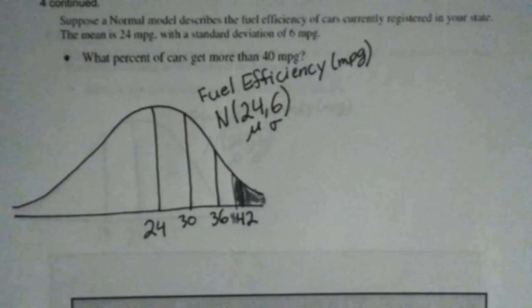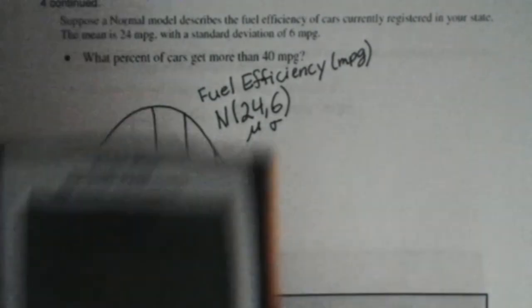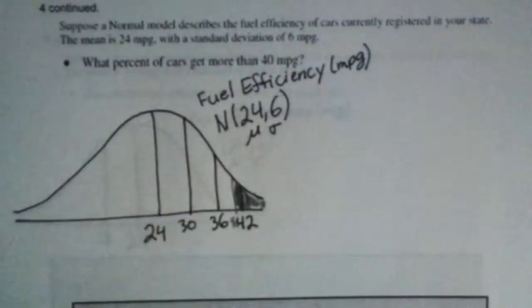And this time we're going to use that same function in our calculator: second, variables, which will give you the distribution menu, and then you want to choose normal CDF for cumulative distribution function. Your lower bound is now the 40. Your upper bound, you can just enter a bunch of 9s. Our mu is still 24. Our sigma is still 6. Hit paste, hit enter, and it gives us